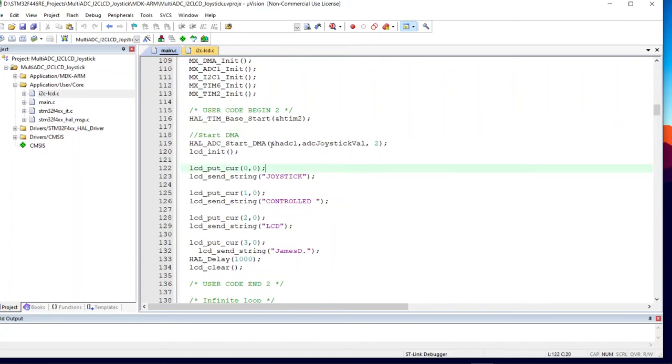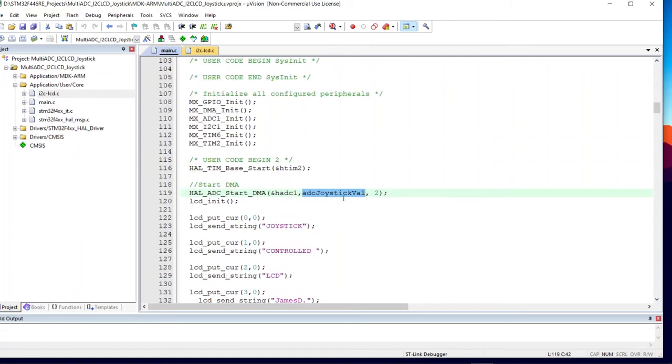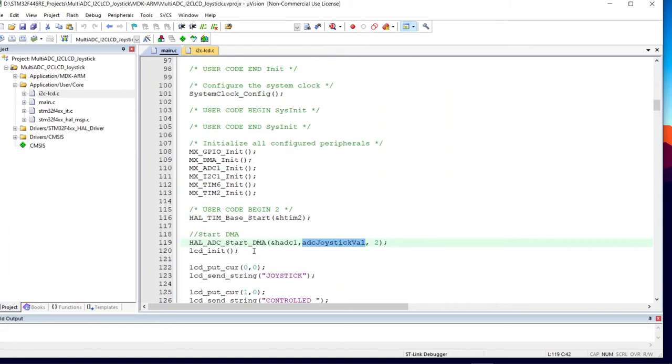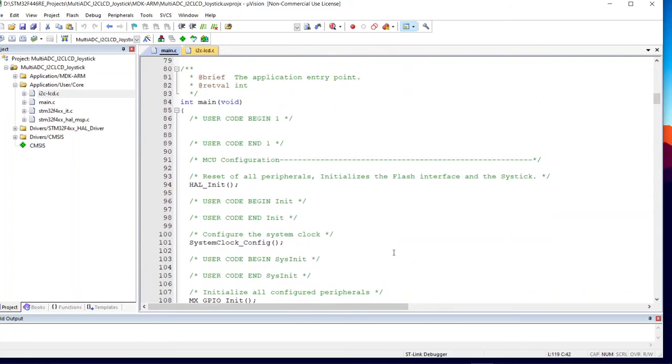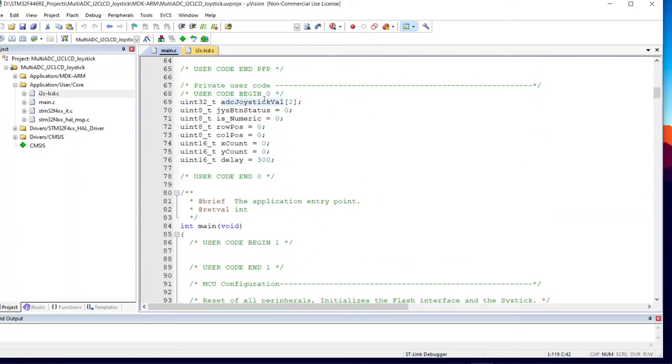And yeah, just pass the pointer for the handler of our ADC1, and the second parameter is for the value where we want to store the ADC. So I have declared here a variable which is an unsigned 32-bit integer, but this could work with 16-bit because again the ADC has a 12-bit resolution. So yeah, I just put 32,